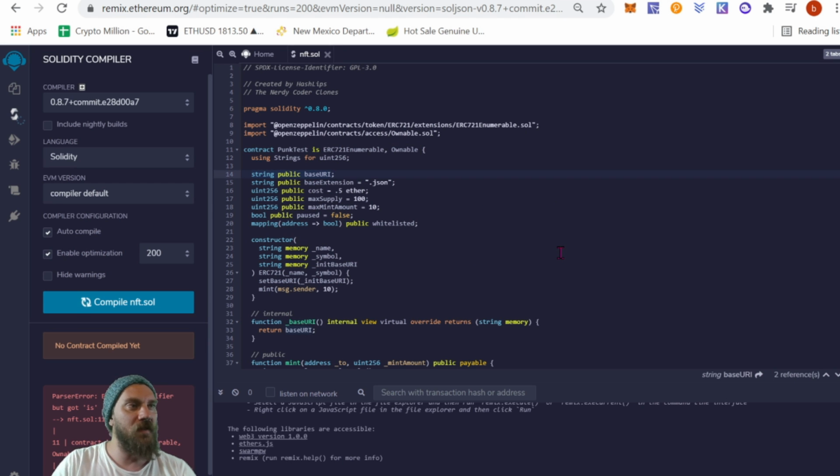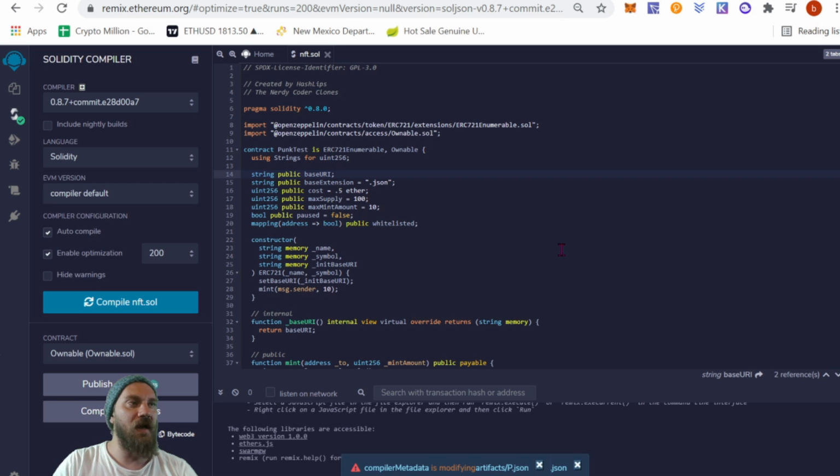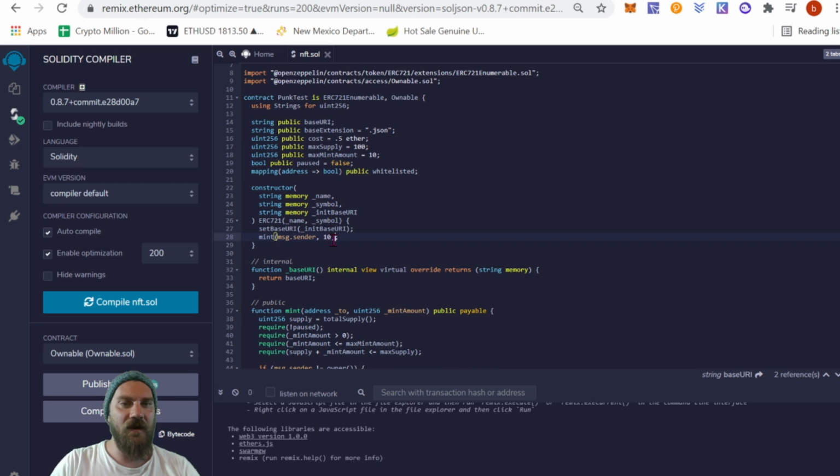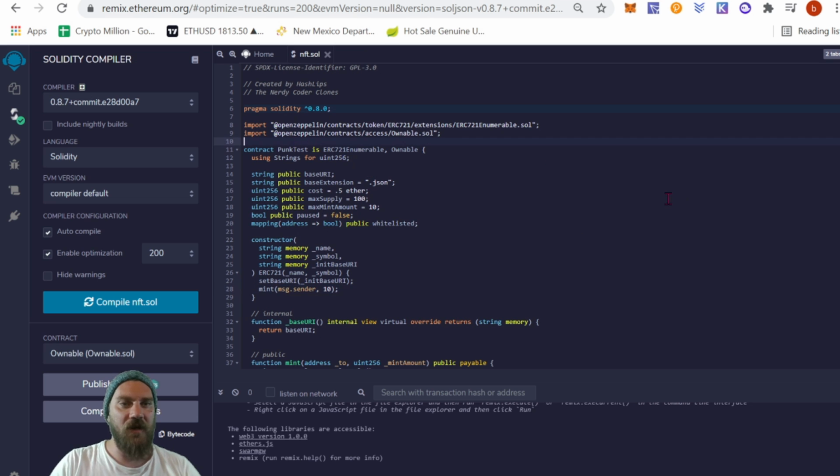You guys can mess with this if you want, but again, if you want to go check out Hashlips, you guys can go over there and he'll run you through line by line coding this entire contract so you guys know what every single line of it does. But I figure for most of you, you want to just know what the things you need to change are. We need to change the amount of Ethereum that it costs to mint, the max supply, the total number that we can actually mint, and how many we're sending to our wallet. We want to change the name, and that's basically everything, guys, okay? So if all that information looks good, we're ready to compile.